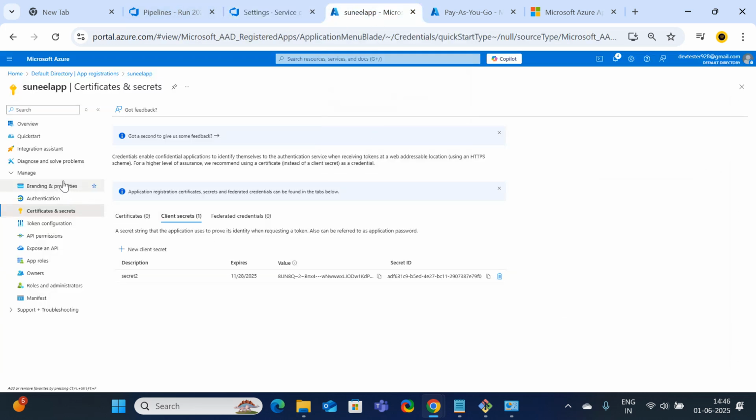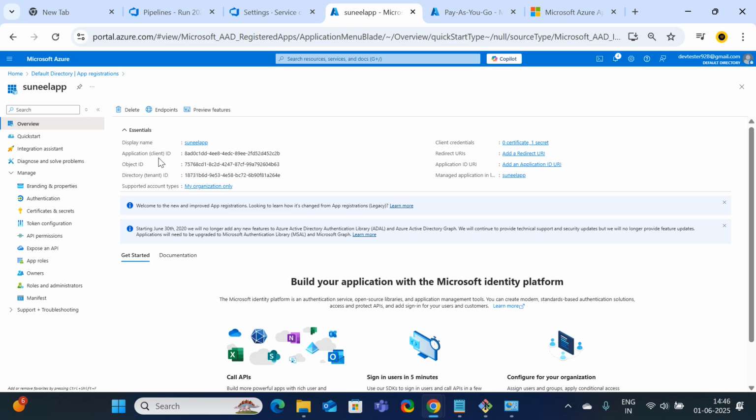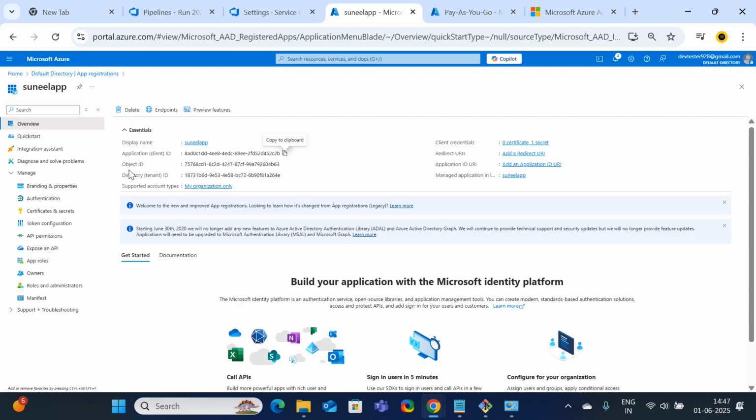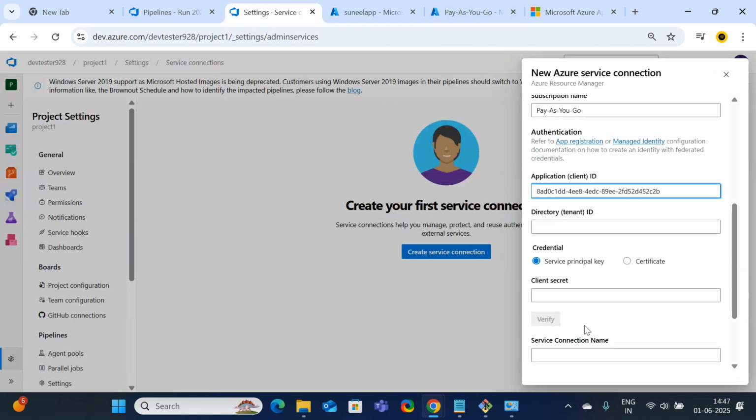Come here, just go to overview. Here is the application ID or client ID. This is the client ID. I just copied and pasted it here, and it is asking for the tenant ID. So where is the tenant ID? Here, this is the tenant ID. Copy this and come here,